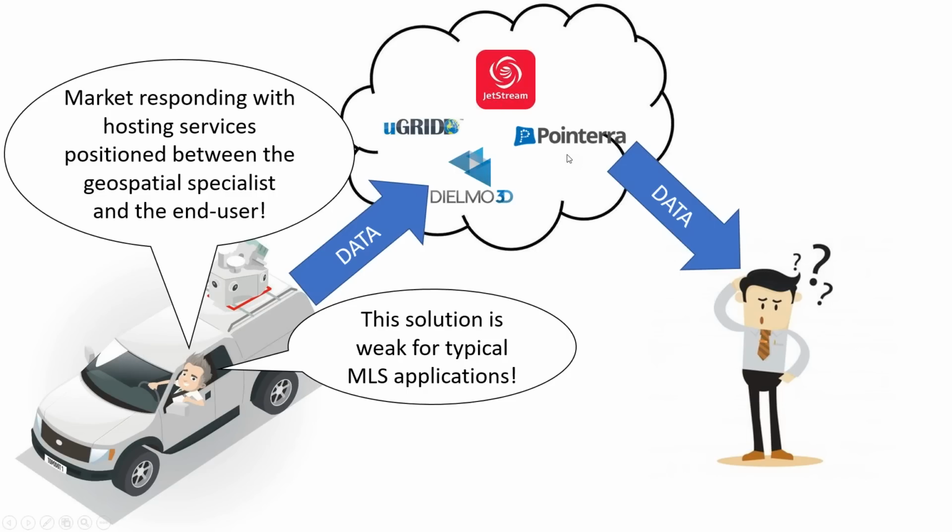They take a lot of data. They stream it down to you, to entire cities. It's not what we're talking about here. We're talking about your construction quality, transportation corridor data that we're doing in mobile LiDAR. These don't apply well. They basically make a big bundle of points and send it to your user, and you can do some basic measurements. But where they're weak